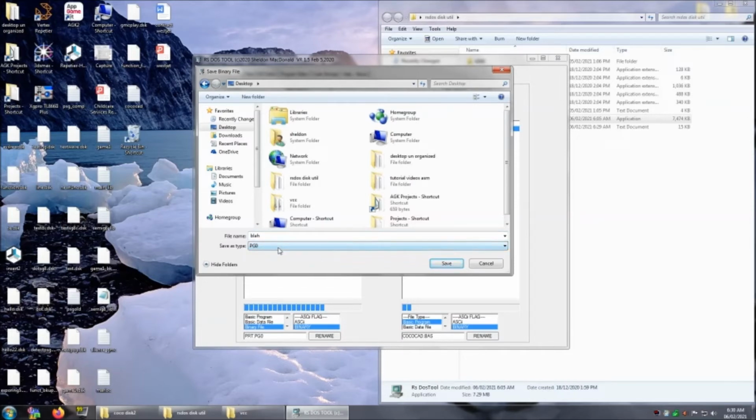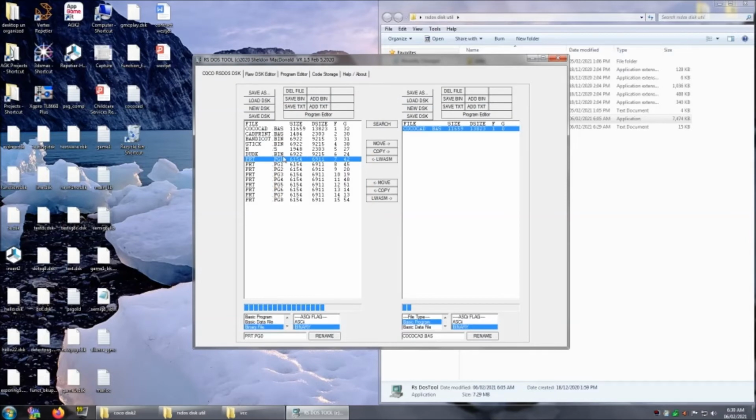I'm not sure why that says PG0. I'm going to have to look at that. Oh, it's because the extension says that for some reason, right? So it just saved it straight up. blah.pg0. It kept the extension. I didn't call it part though. I mean, I could rename it right here. We could put PRT. Okay, so